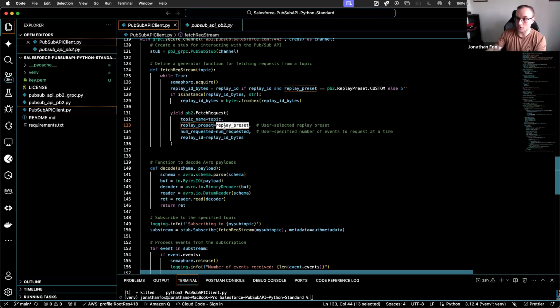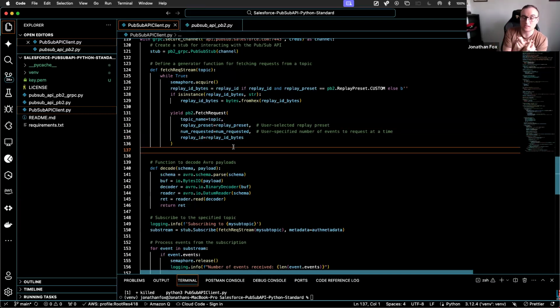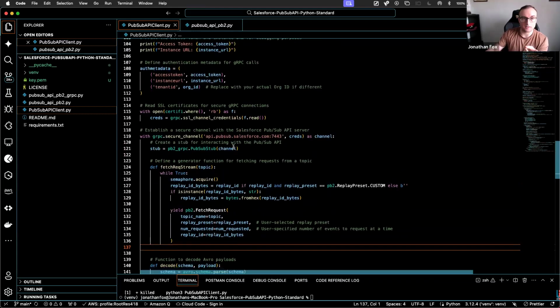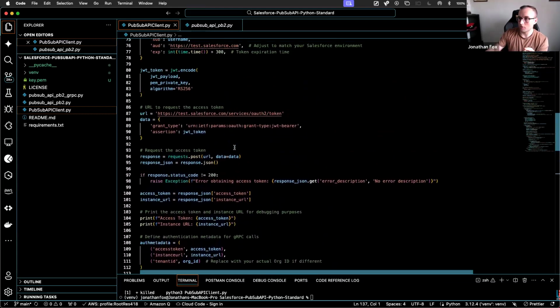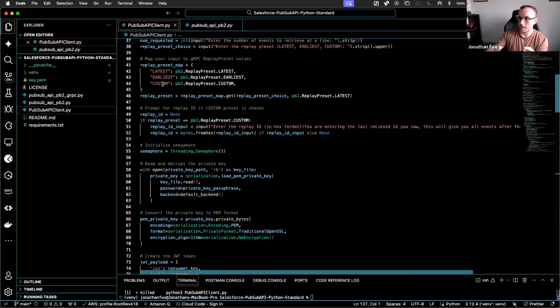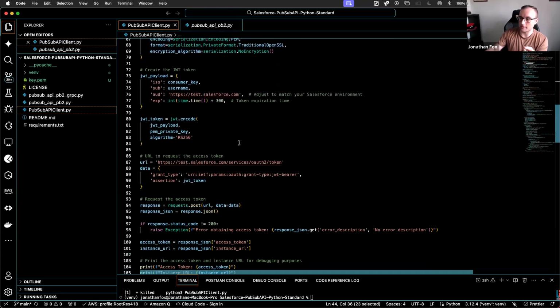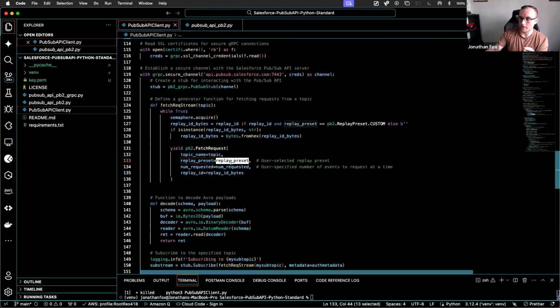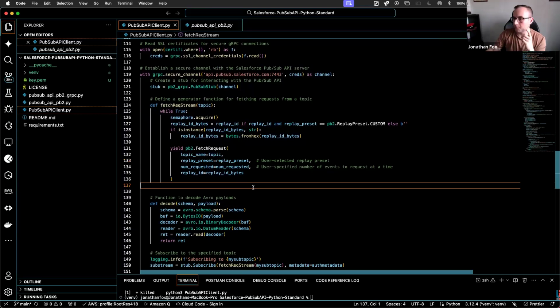Otherwise, you can set that to none and just get either latest, which is any new platform events or change data capture events, earliest, which is all of them for the last 72 hours, or custom, which I put in place as a parameter up here. And if you pass custom using the PubSub API, that's where you would then need to give it a replay ID to get platform events from a particular replay onwards.